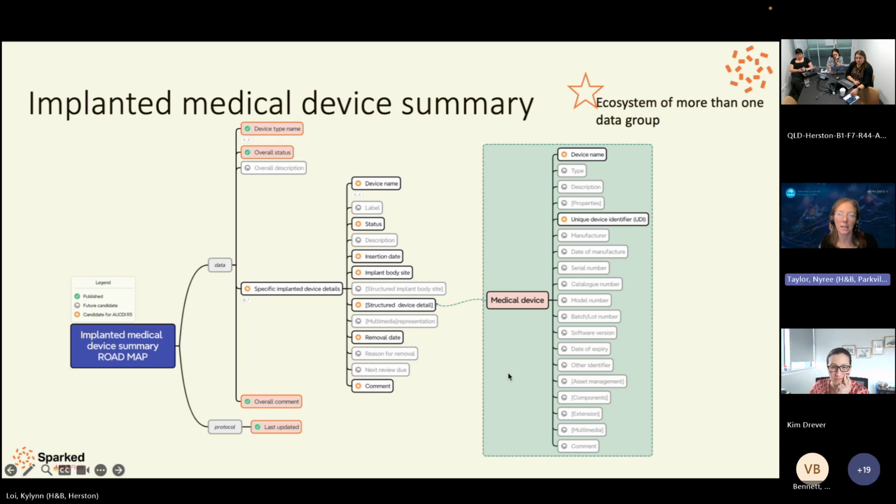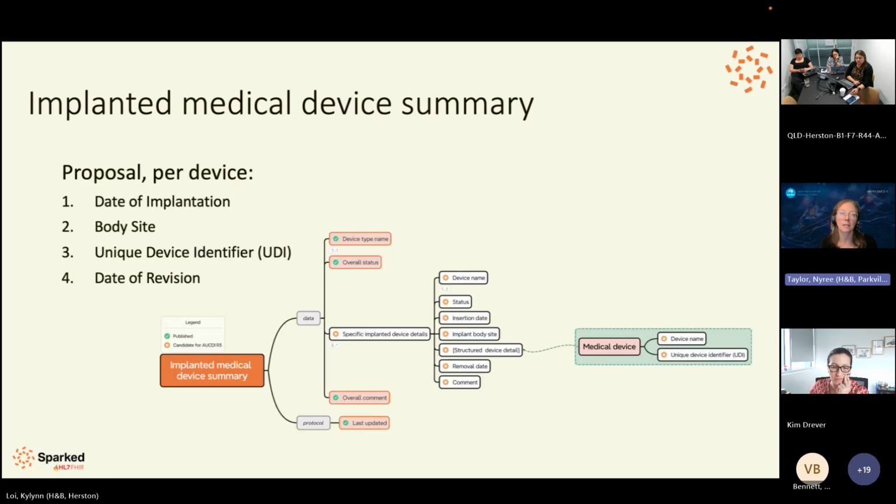Yep, so we've got an ecosystem of more than one data group. So what we're going to do now is step through the next slide and go through those particular requirements that were proposed in the backlog pictures in Sydney. So again, on the left-hand side, you've got date of implantation, body site, UDI, and date of revision. So if you click through those,